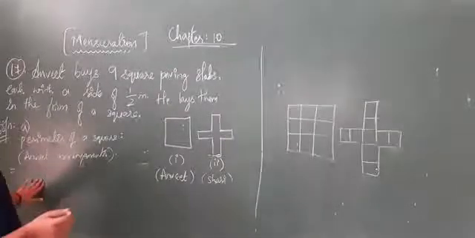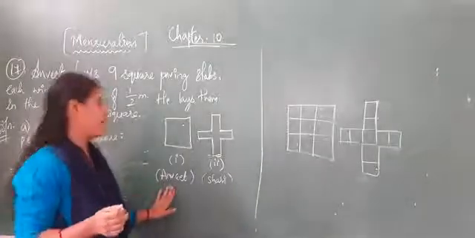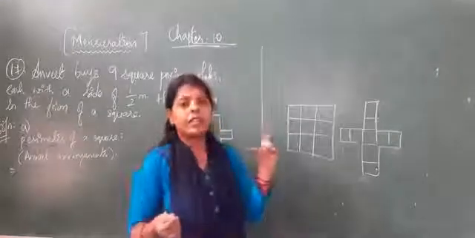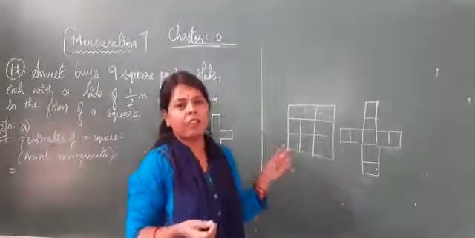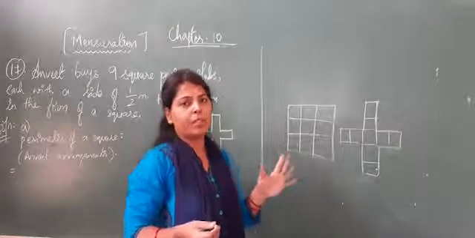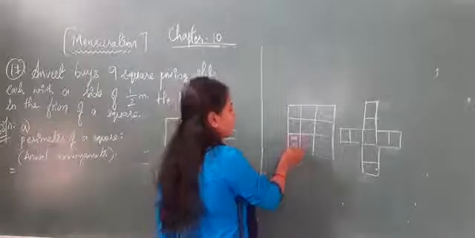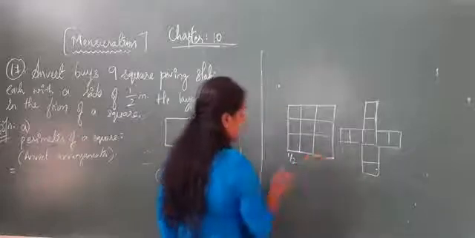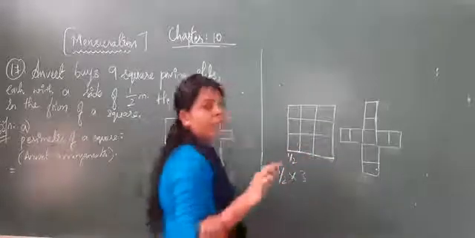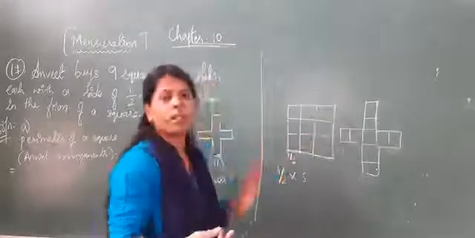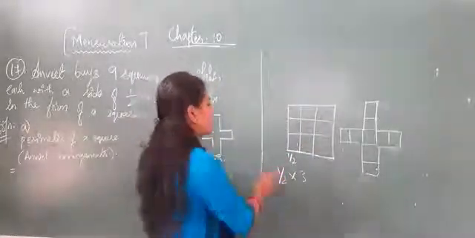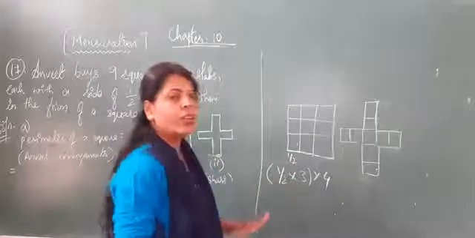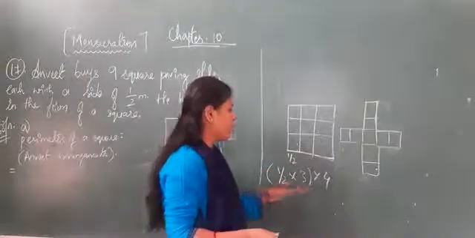So children, as we already know, the arrangements are done in this way, and this arrangement in that square box is visible in this way because each slab they have taken is half meter. Half meter is nothing but 0.5 meter. So you see this one part is half meter. How many are there? 1, 2, 3. So it will be taken as half into 3. It should be multiplied 3 times because it is arranged in 3 rows and 3 columns. Then this whole is multiplied with 4 because there are 4 sides. So we have to take 4 into the side here. Like that we have to take it as half into 3 and into 4.